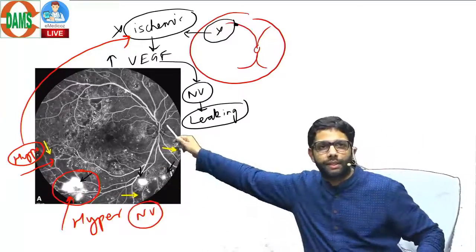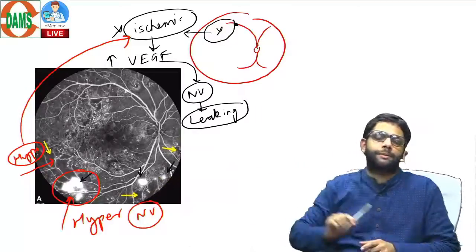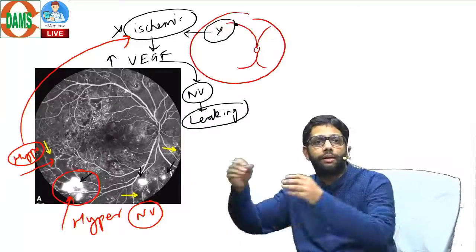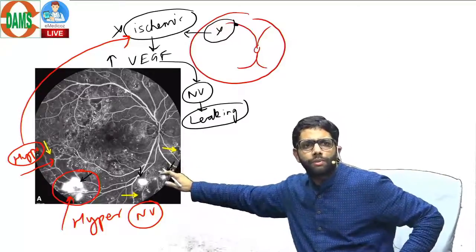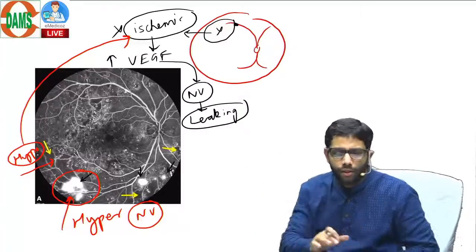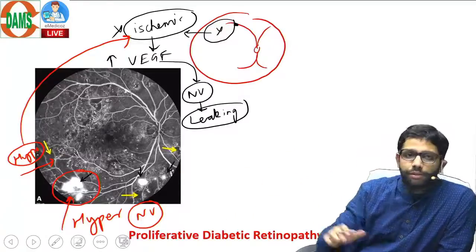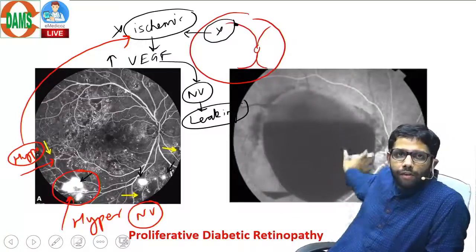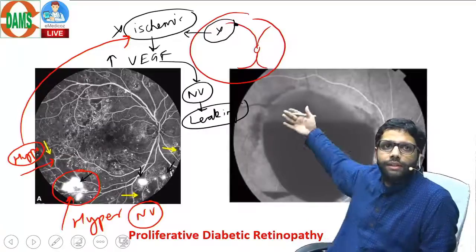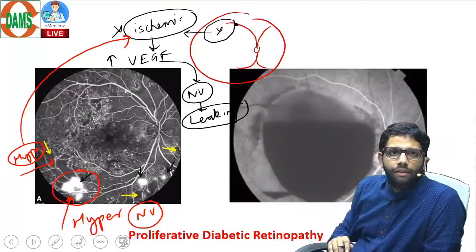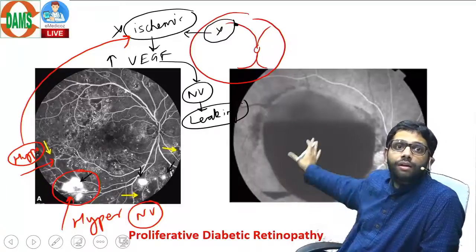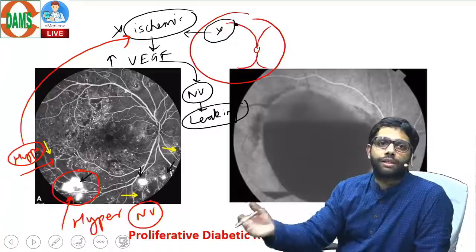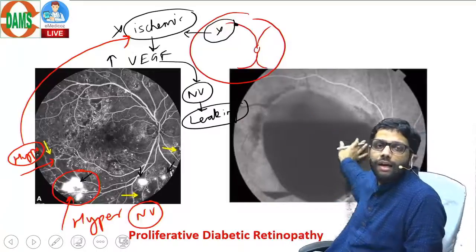It can be on the optic disc, it can be elsewhere on the retina like this. And later on, if the new vessels are above the retina, they leak the blood, they leak the dye. So blood will go from the retina, they are above the retina, they come into the vitreous. So if there is a vitreous blood, this becomes a proliferative diabetic retinopathy. If there is a vitreous blood, everywhere in the vitreous there is blood. Will the retina be seen? Will the choroid be seen? No. So this is also dark. This is a blocked hypofluorescence, masking of the retina and the choroid.